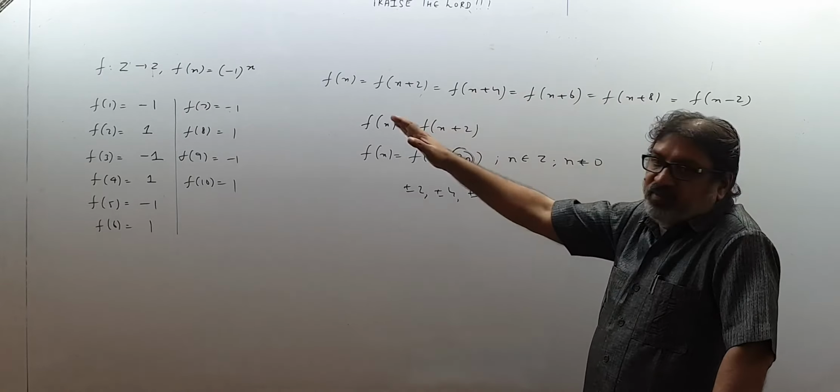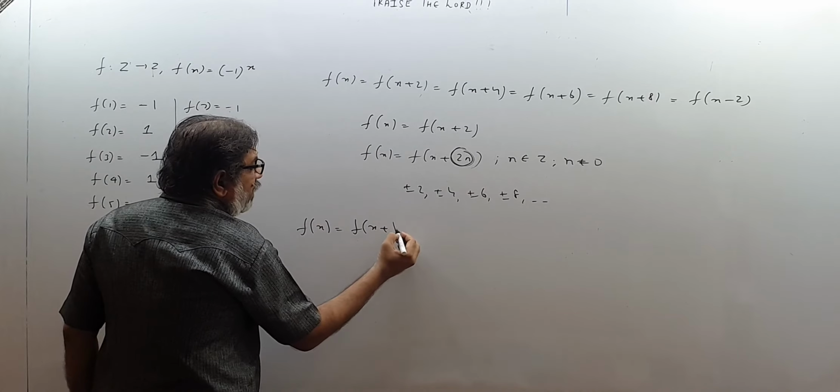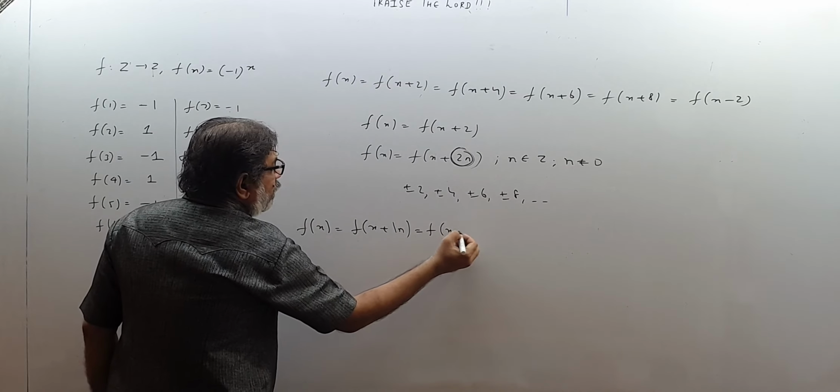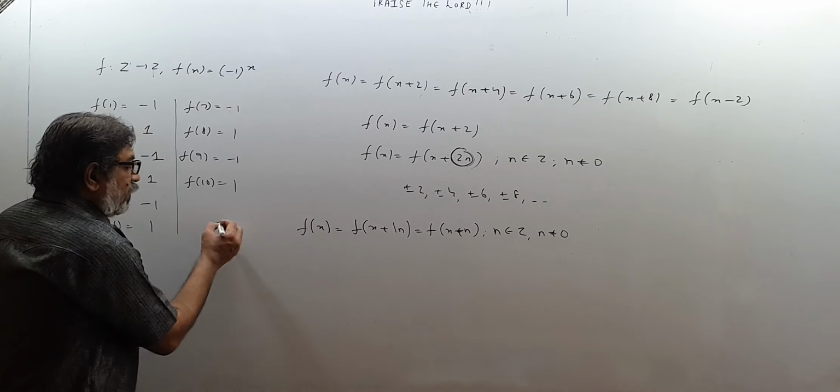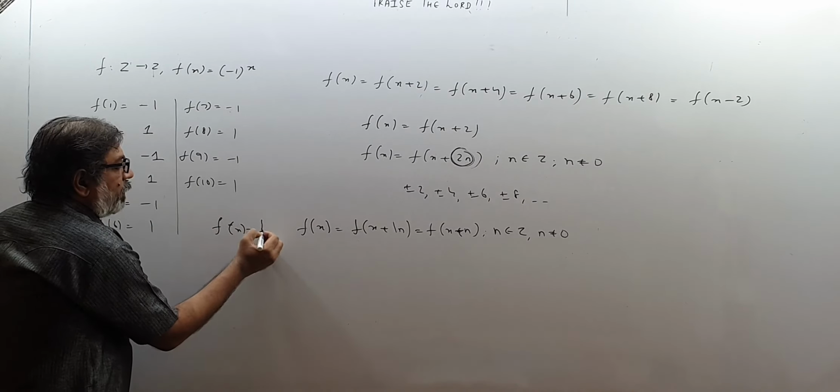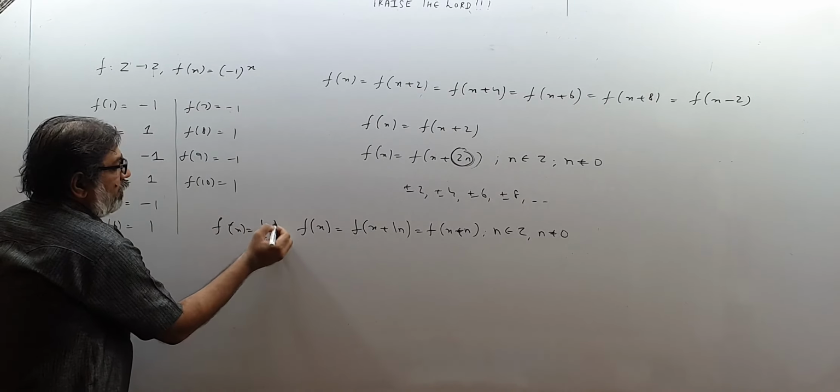And therefore, for the fractional part function, when we said f of x is equal to f of x plus 1, to understand it, it should be x plus 1n, or simply x plus n, where n is an integer but not 0. So f of x is f of x plus n. So what is the period? n, any integer other than 0. So what are the integers available? Plus minus 1, plus minus 2, plus minus 3, plus minus 4. Least possible is 1. Therefore 1 is the fundamental period. This is for f of x equal to the fractional part of x.